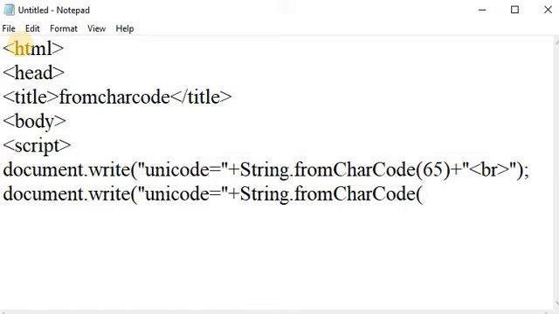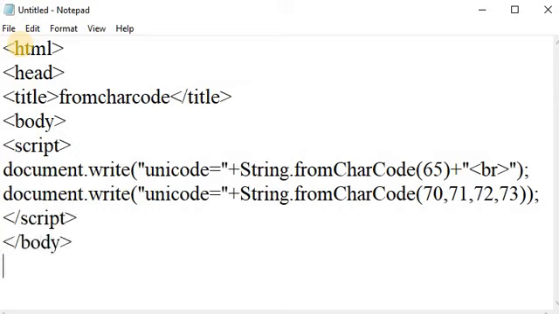And here I am passing the values, that is Unicode values 70, 71, 72 and 73. Here you can pass number of Unicode values, and close the fromCharCode method and close the write method. Again close the script tag. After that close the body tag and close the HTML tag.